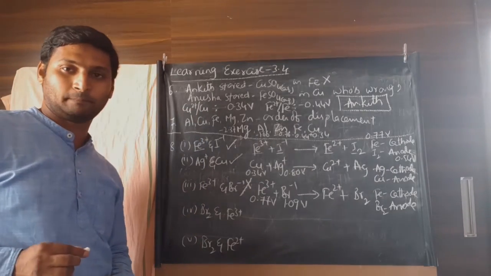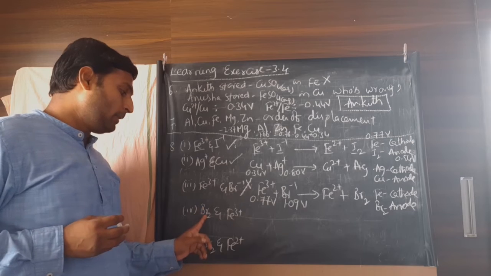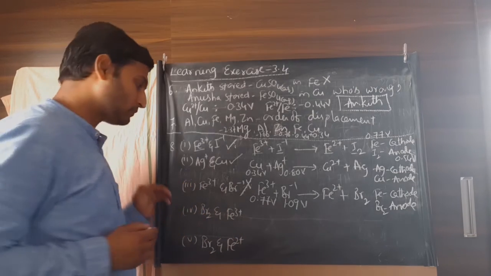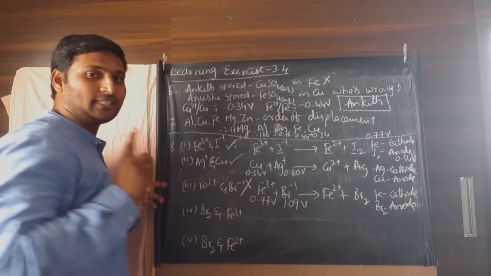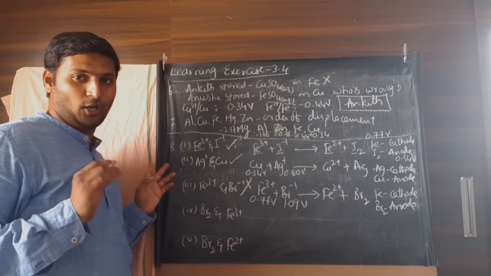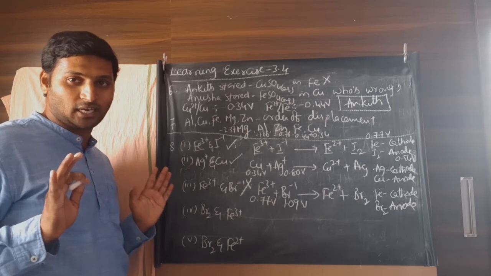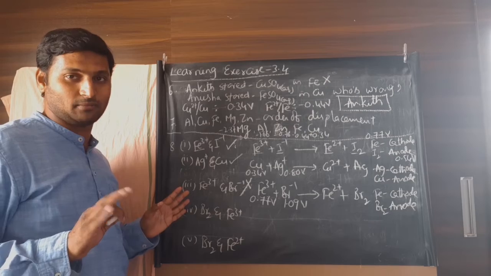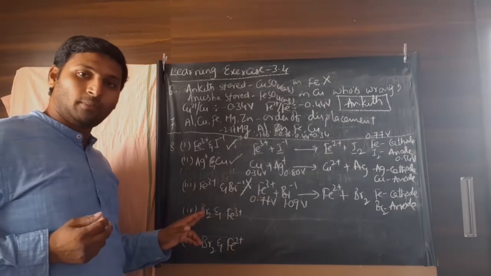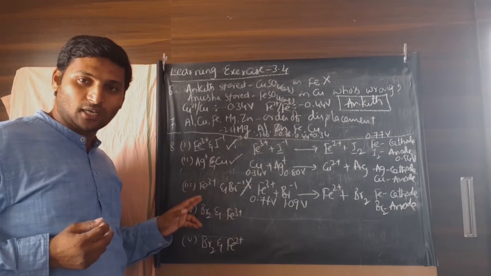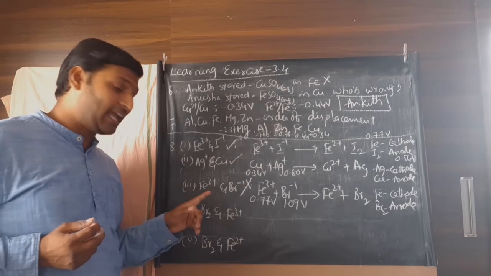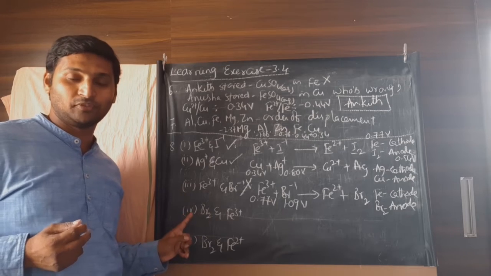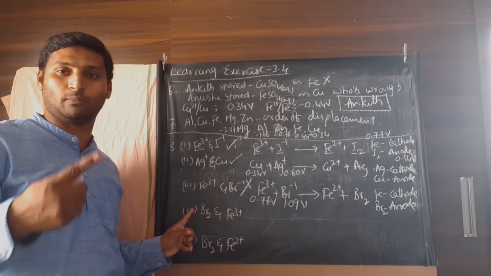Moving on to the next one. See, bromine and ferric ions. These two he is showing to you. Now, bromine is a non-metal. Look at it. We need not even put the equation here. It is so common sense, you can understand that this reaction is not feasible. How? Bromine is a non-metal. It is in its zero oxidation state and against any metallic element, it readily should undergo reduction. So, bromine should undergo reduction and become bromide ion.